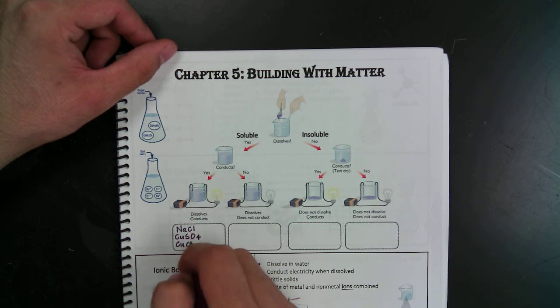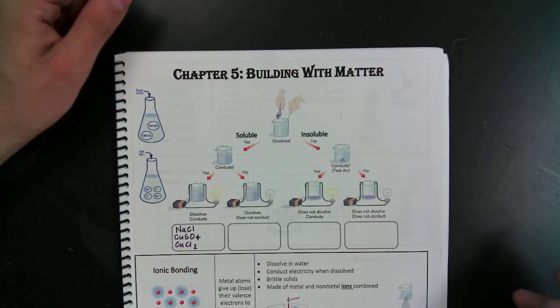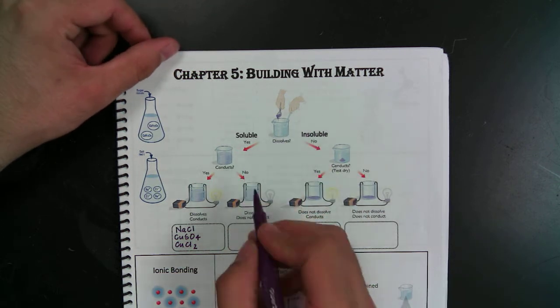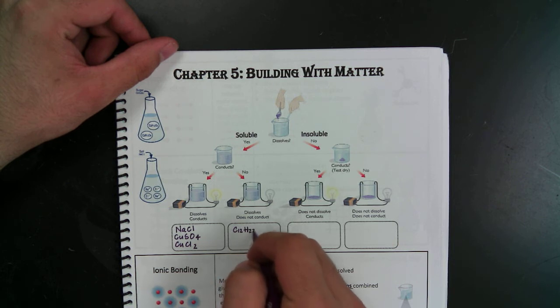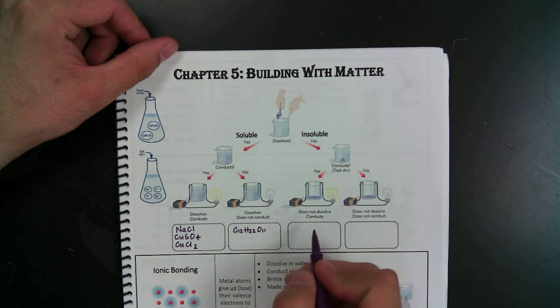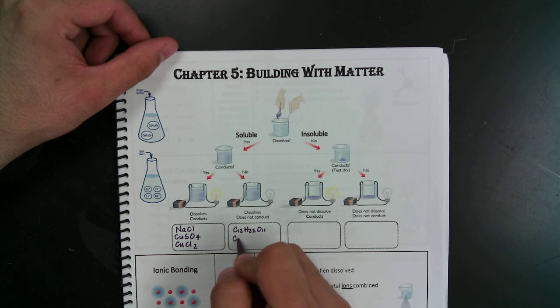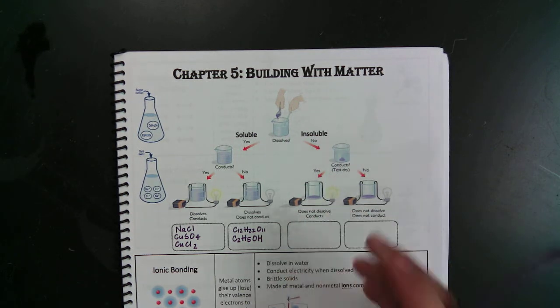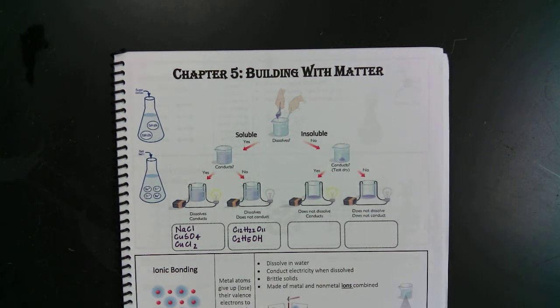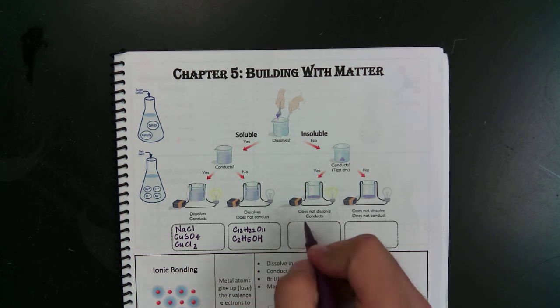and CuCl2. The things that dissolved and did not conduct were things like C12H22O11 and C2H5OH. The things that were insoluble, did not dissolve, but conducted electricity as a solid were things that had formulas